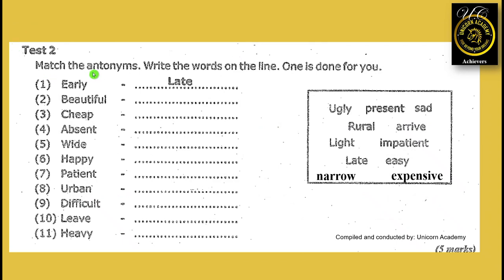Test 2. Match the antonyms. Write the words on the line. One is done for you. Example, early, late. Second one, beautiful, ugly, cheap, expensive, absent, present, wide, narrow, happy,